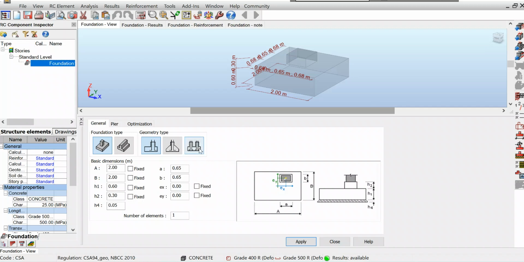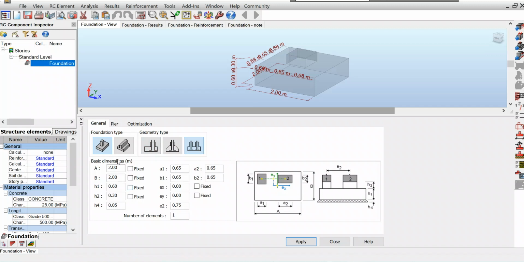So let's click here. Now we need to provide the basic dimensions and the sizes of the column as well as the distance between the two columns from center to center. So let's bring that